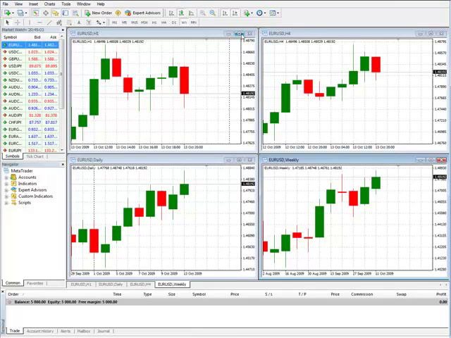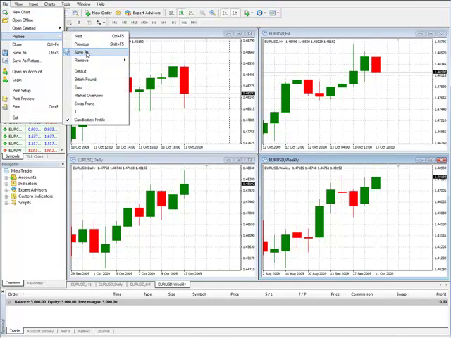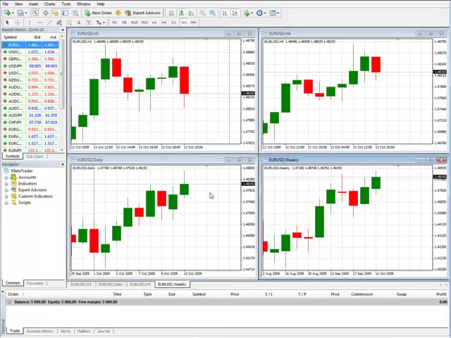So first thing I'm going to do is save the profile as Euro dollar US dollar profile 1. Okay, there we go. And we'll separate that so you can see that out. Okay, that's profile 1. Okay. All right. So here we go. Now,